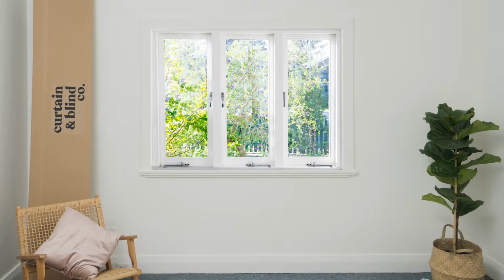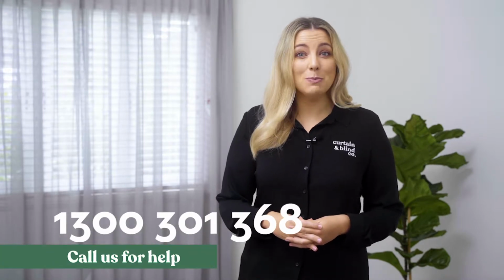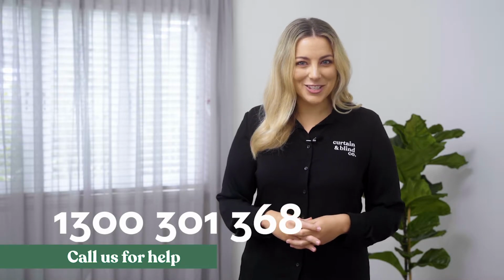In this short video, you'll learn how to correctly measure your windows for face-fitting blinds. Face fit is where the blind sits on the outside of the window frame. Correct measuring is the key to hassle-free installation, so it's worth getting it right. If you have any questions or concerns with your measurements, don't hesitate to get in touch with us at the